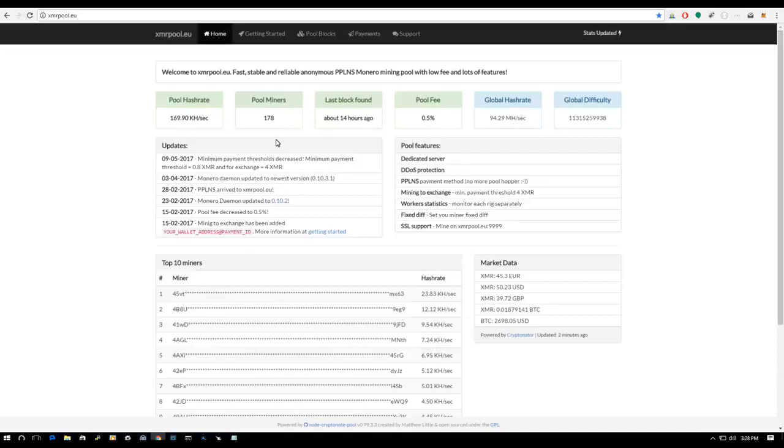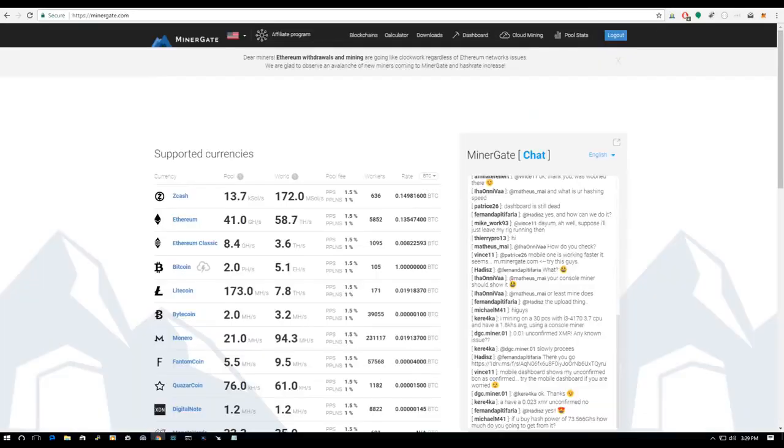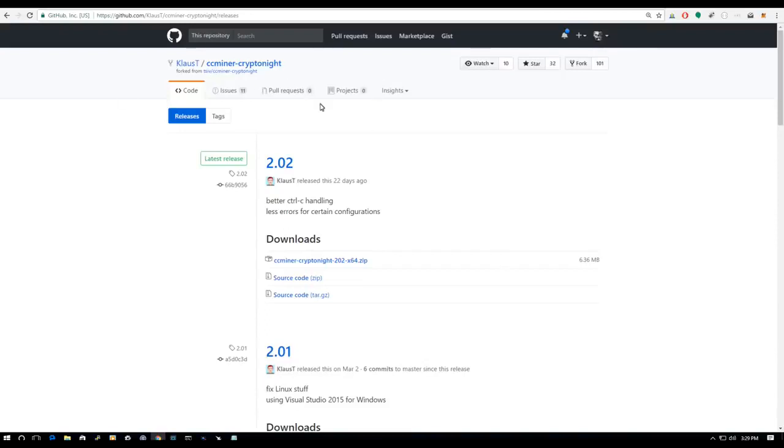As you can see, this is the pool that I'm going to be using. I'm going to do some benchmarks, see what we get, and then try between two specific miners. Some have asked for Minergate, which I've never used. I'm going to try that out, and then the CCminer, which is what I'm currently using. So we'll do a test on both, and then I'll put links in the description below for you to get